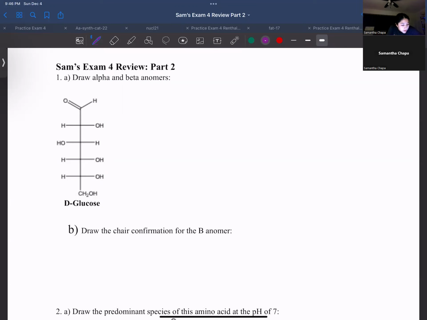Okay, so for the first one, we're going to draw alpha and beta anomers of D-glucose. Sadly, I already told you what kind of glucose it is, L or D. I told you it's D. But let me just show you the reason that it is D. This is D-glucose because the penultimate carbon, which just means second to last, exhibits